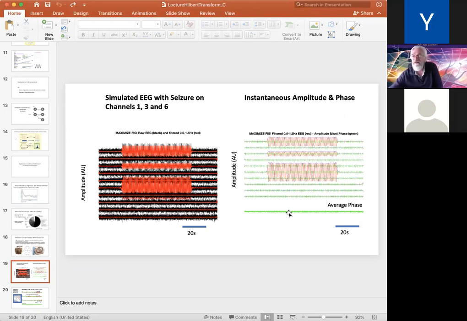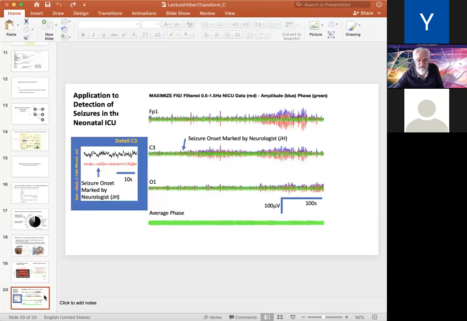There is really, in that sense, no difference between the average of stuff in the time domain or stuff like this, which is already in a derived factor such as the phase. So we thought, well, let's apply this to a real signal, and that's basically this slide. And what you can see in this slide is a